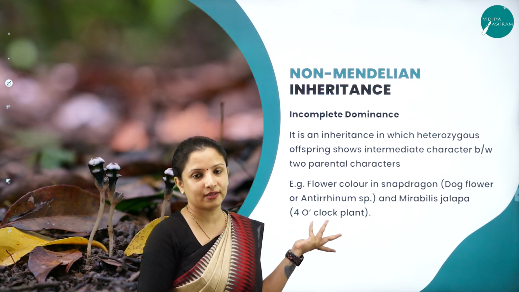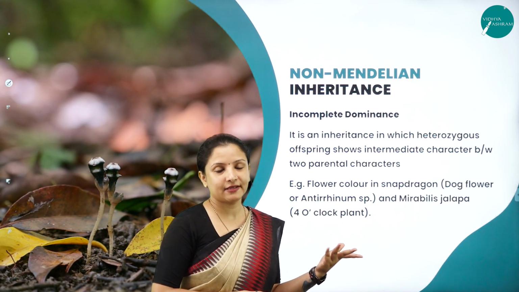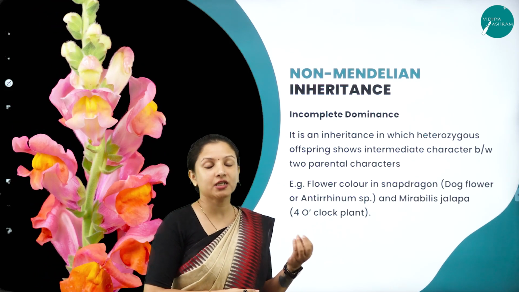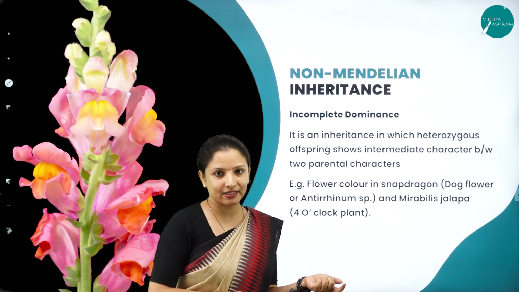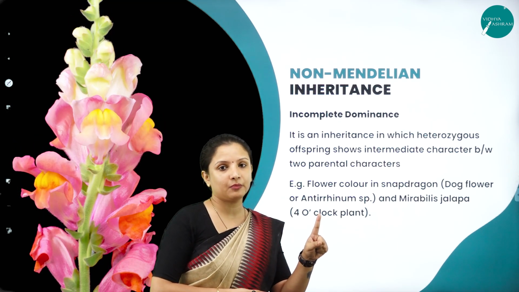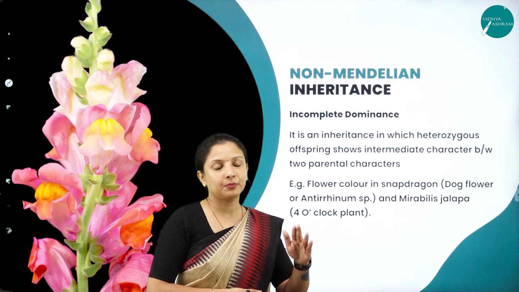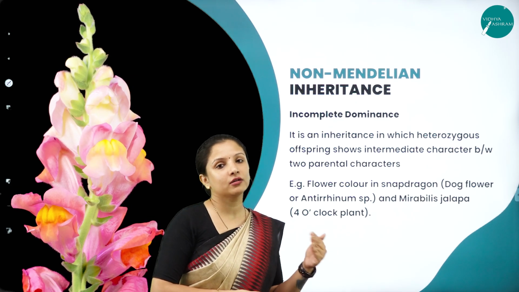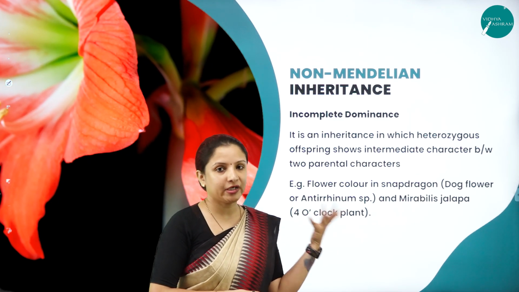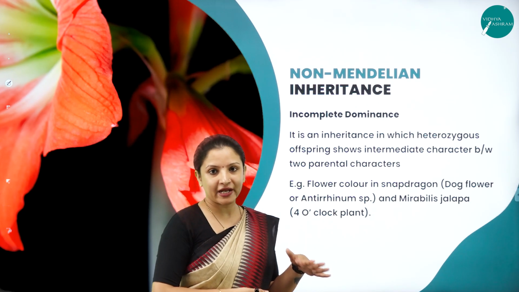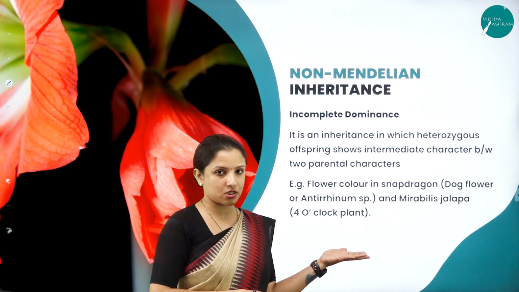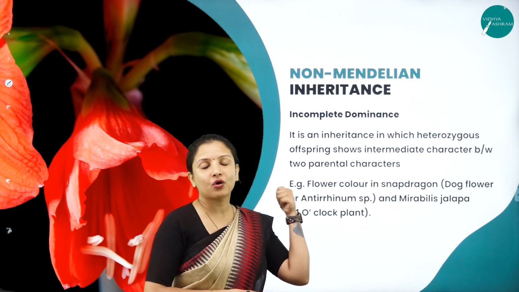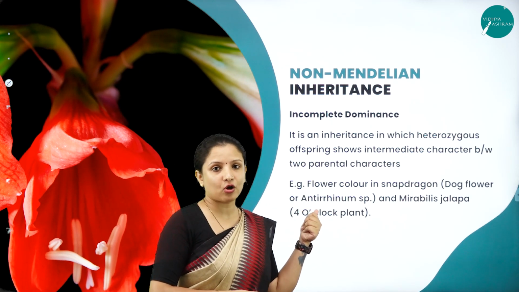Mendel had told that, when we take a plant, for example, in his first experiment, he took a pea plant showing contrasting characters, one pea plant which was tall and one pea plant which was dwarf, and he crossed them, and he said that all the resulting progenies will be tall, or either tall or short plants will get expressed in the F2 generation. But according to incomplete dominance or co-dominance, what incomplete dominance states is